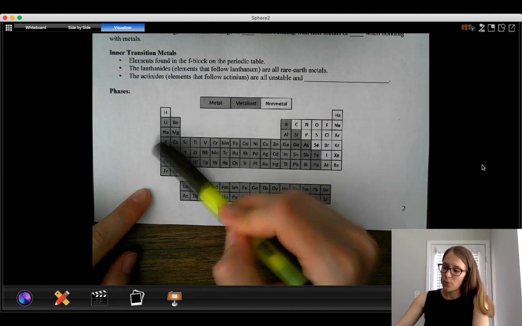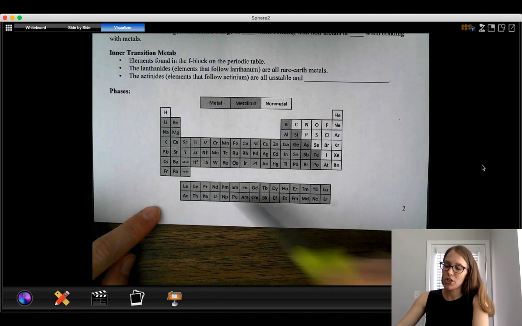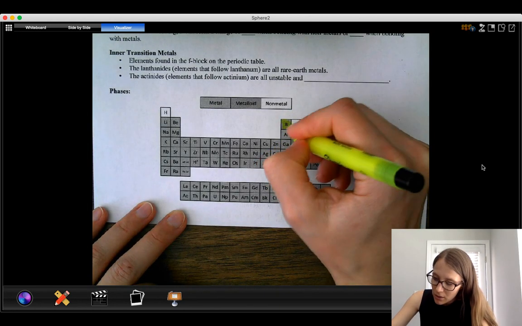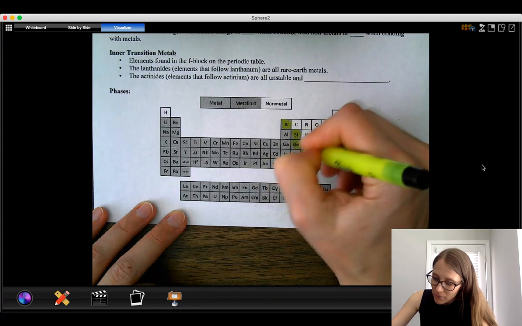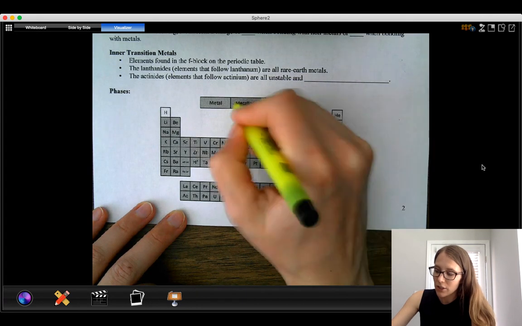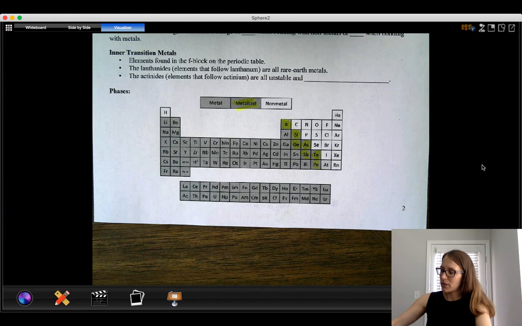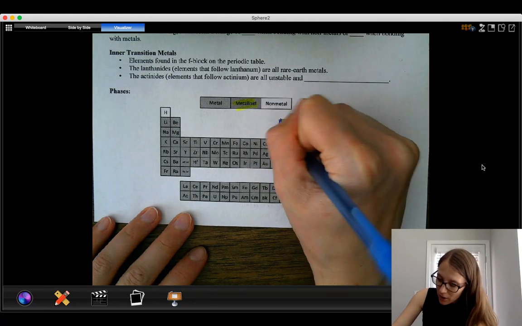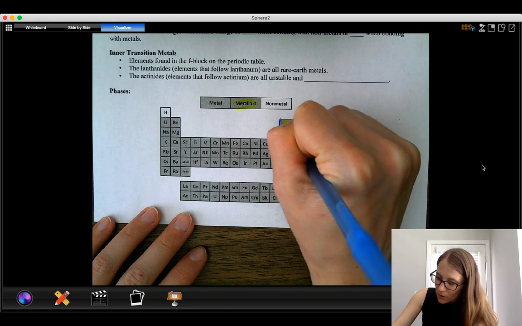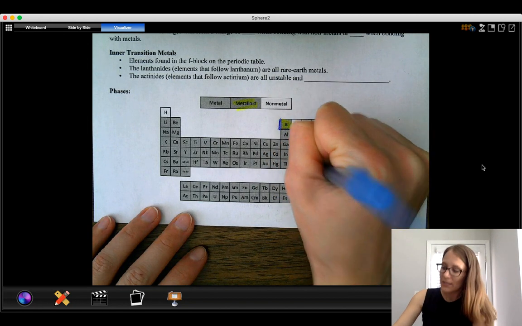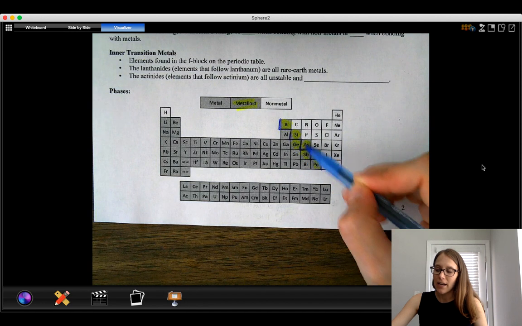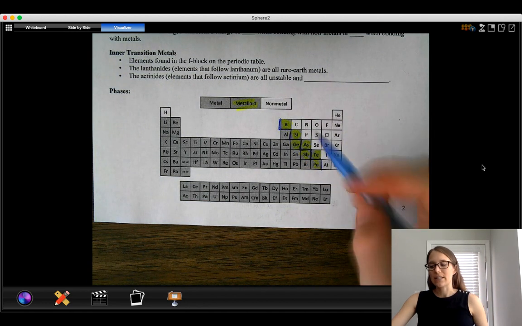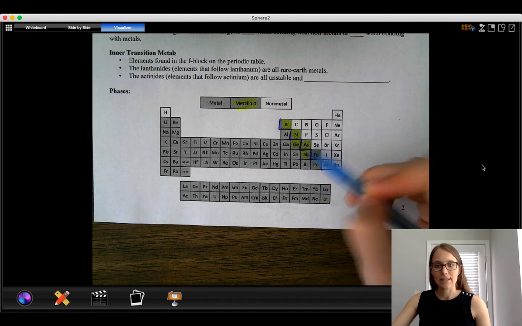On the next page of your notes, there's actually a picture of this where it's shaded. So all the ones that are this grayish color are metals. The metalloids on here are shaded a darker color. I'm just going to highlight them just so that it's clearer to see which ones those are. But if we have that staircase on here, the way that it is on our actual periodic table, you can see that it's the elements that are right above and below that staircase, with the exception of aluminum. Aluminum is just a metal. But all the rest of them are above and below that staircase.